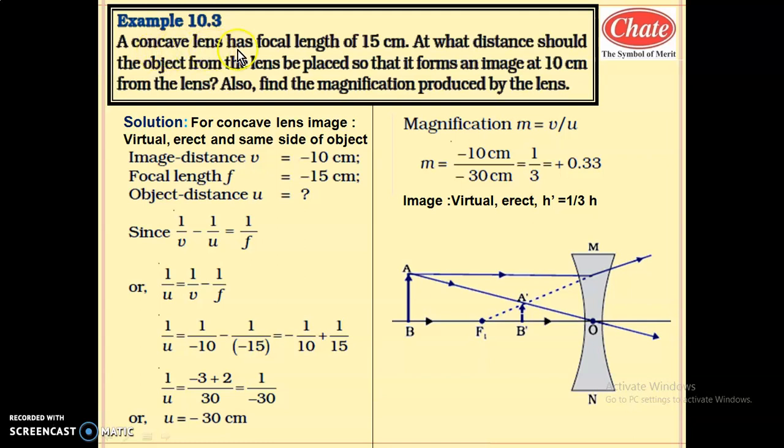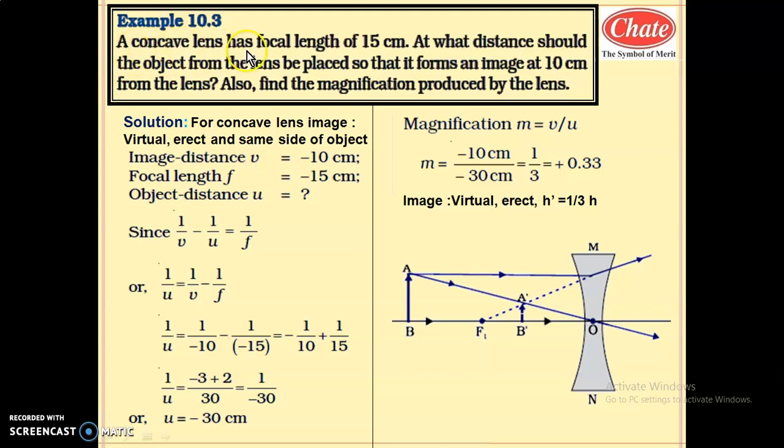So a concave lens has only two possibilities. One is the object is at infinity, and the second one is the object is in between infinity and the O. Generally, whenever the object is at infinity, the image will form at the focus. The question may not ask on this. So here the question will surely be for the concave lens, that is, the object is in between infinity and O. That is the last case which we have studied.